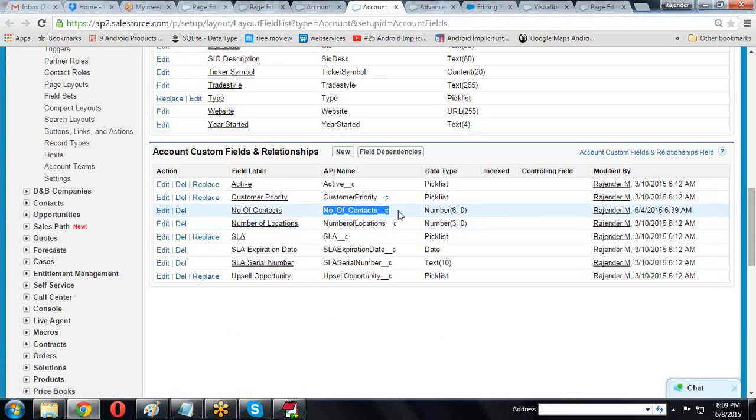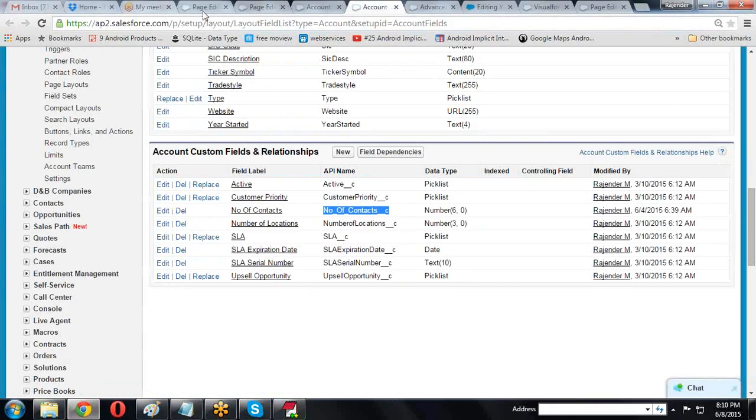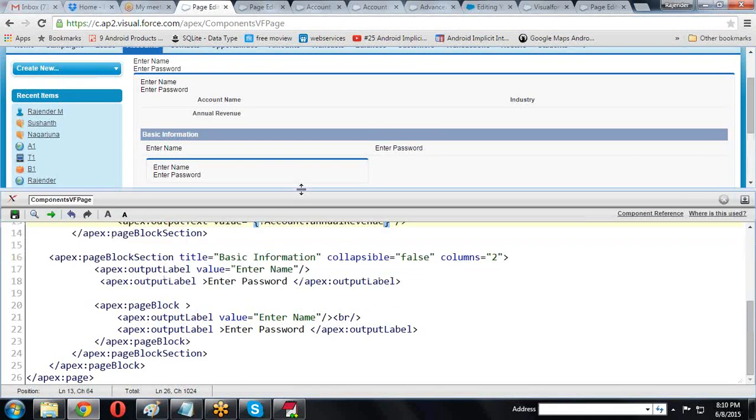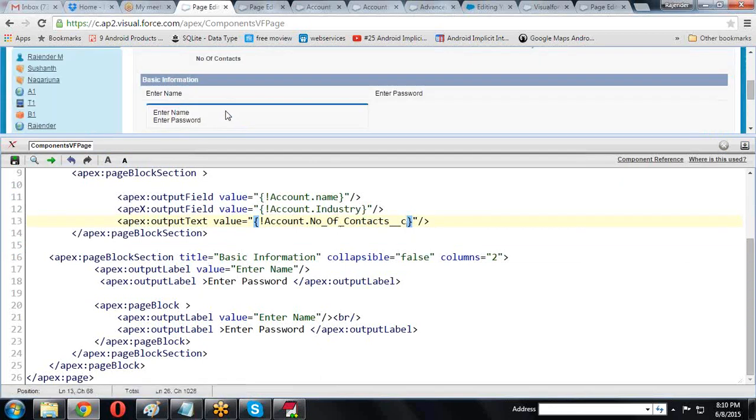If I provide this name here, instead of this, then number of contacts is displayed. But here I provided the API name, and it is displaying the label.